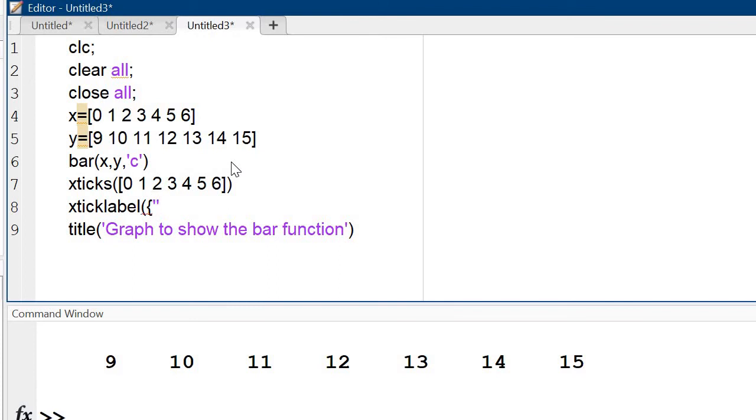Okay, with a single inverted comma, I want Jan, Feb, March, April, May, June, July.